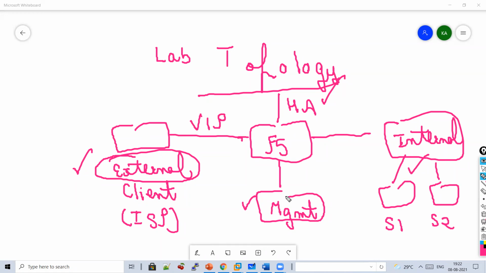Your management network is a dedicated management network to get access to your F5. And one interface we will be using for HA to build in high availability. So these are the 4 interfaces we will be using: external, management, HA, and internal.